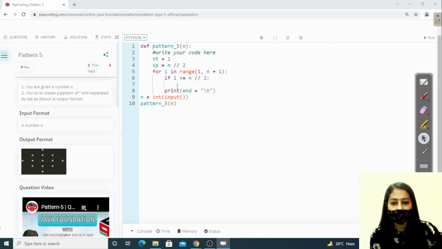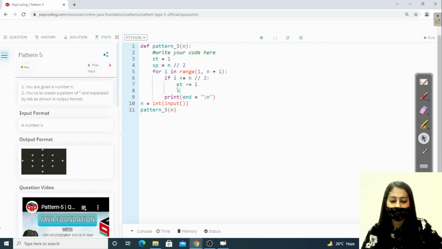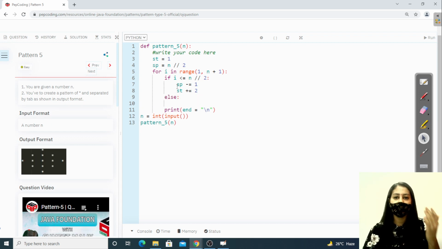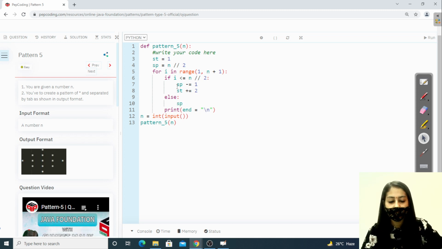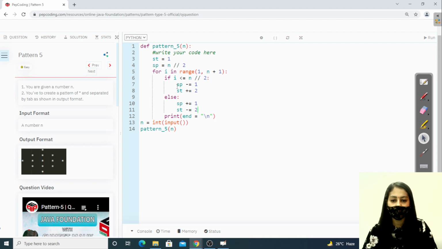So let me decrease the spaces by 1 and stars by 2, right? Else when the value of i becomes greater than n by 2, the spaces started increasing by 1 and stars started decreasing by 2, right?